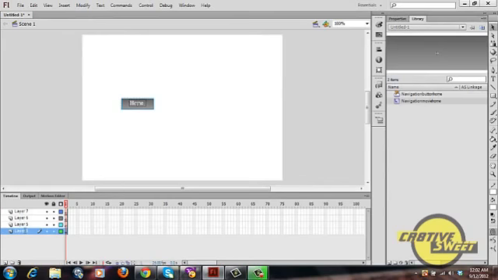Now we'll go over to our first layer and we'll rename that as Navigation Home. That'll be our first button. We'll rename our second layer Navigation Clients. We'll rename our third layer Navigation Services. And we'll rename our fourth layer Navigation Contact Us. Now once that's done, we will want to lock our first layer, so we'll want to lock Navigation